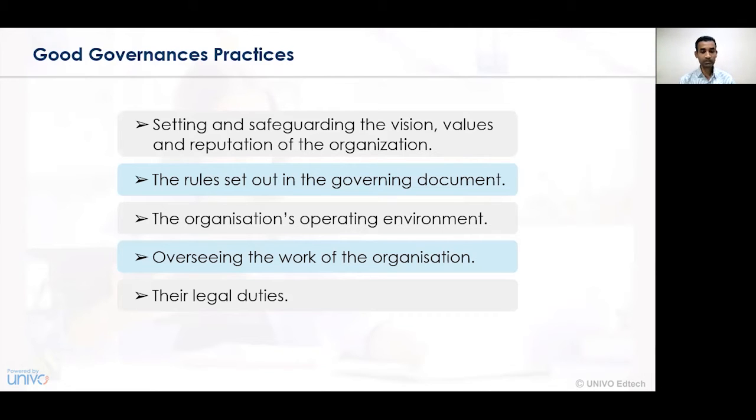The next good governance practice is the organization's operating environment. The environment is divided into two parts, either the internal environment or the external environment. So a good operational plan should always see that the operating environment of a company does not get affected. That is the coordination between the departments, the movement of goods and services from one department to another, the communication, the documentation, or the follow-up to be taken with the customers, the suppliers, the vendors, and all the participants of the external environment is properly set and is not hampered. So maintaining a good operating environment is essentially required.